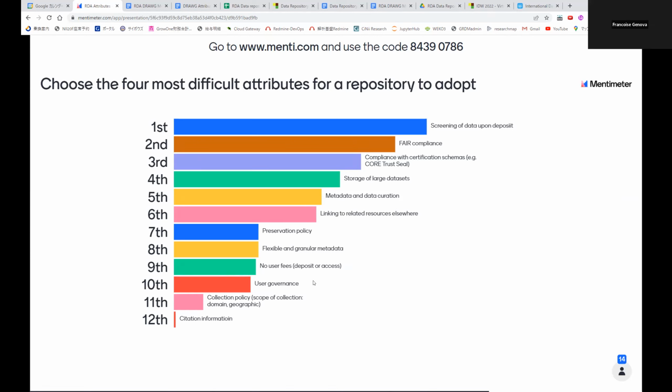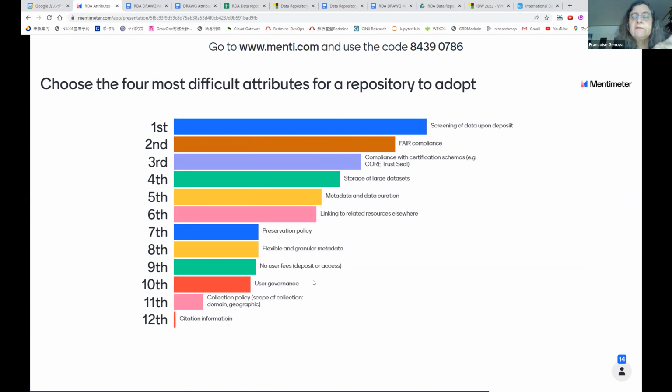Francois, please. Yes, I have a feeling that these things fell into different boxes. There are things which are difficult because you need expertise. I see screening is only automated, and I am a bit worried when everything is only automated. But if it's automated, you need an expert tool, which is very well trained to do the screening. So you have things in which you need expertise, things in which you need manpower, and in some cases manpower with expertise, and in other places, storage of large data sets, it's just the technical capacities in a sense. So we are mixing things which are a bit different. But I think that expertise and the fact that things are labor intensive are probably felt more by